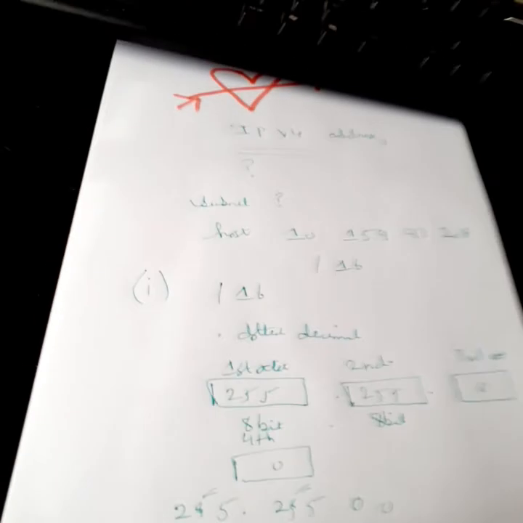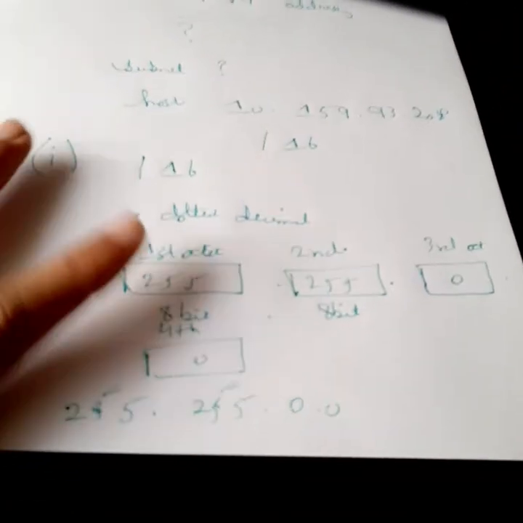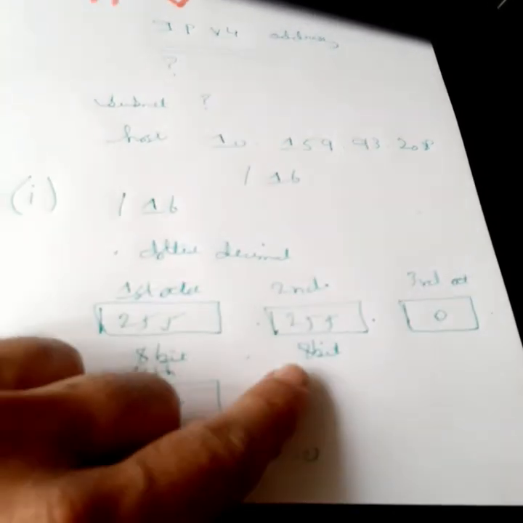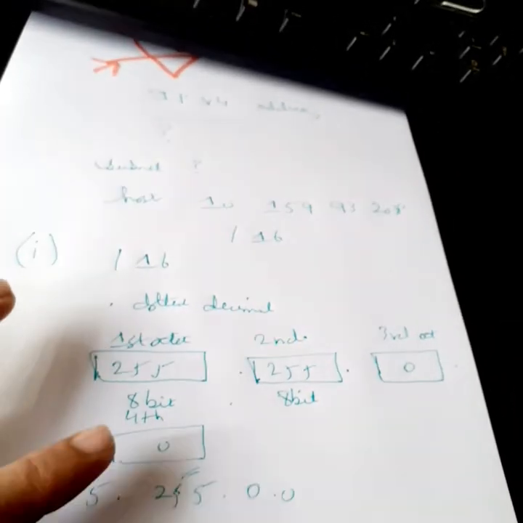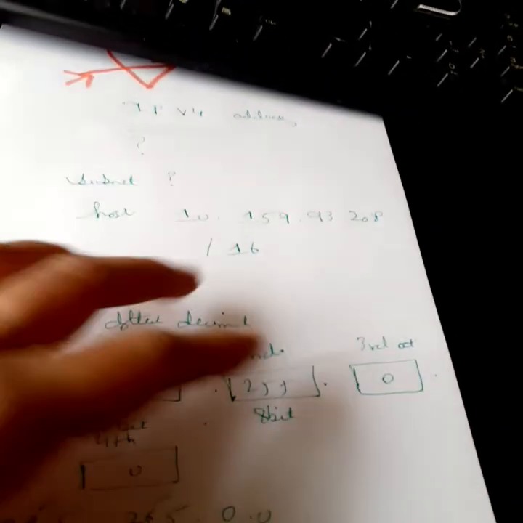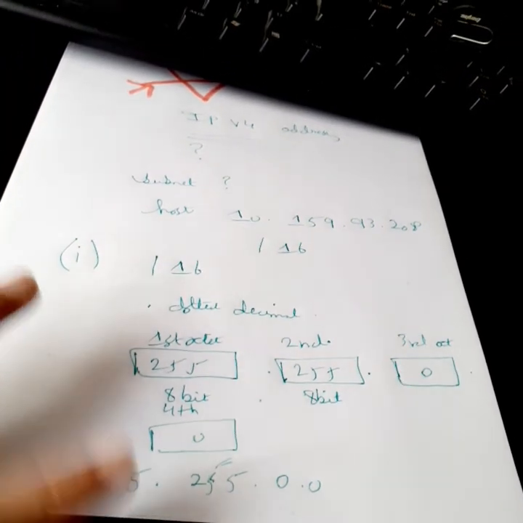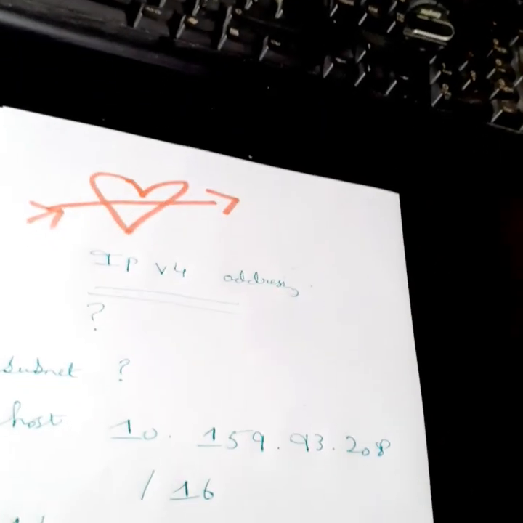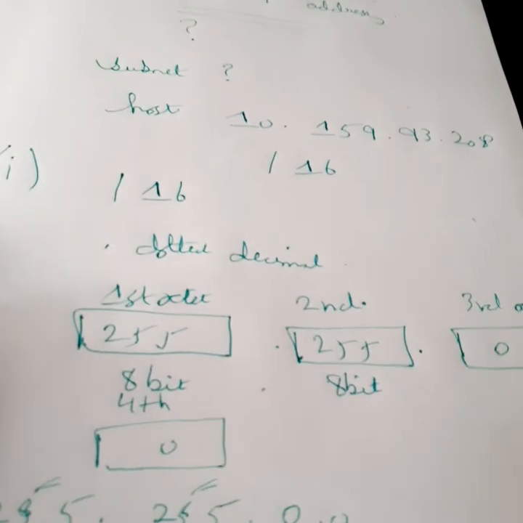Right, now let's take a closer look. What has happened? /16, 8 bits plus 8 bits is /16. Now the rest of the third and the fourth octet is 0, 0 because we haven't got any bits down there, or all the bits are 0. So that's our related subnet mask. So good for us because we have just found out our subnet mask.